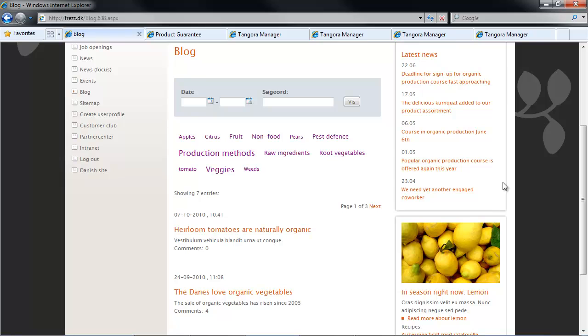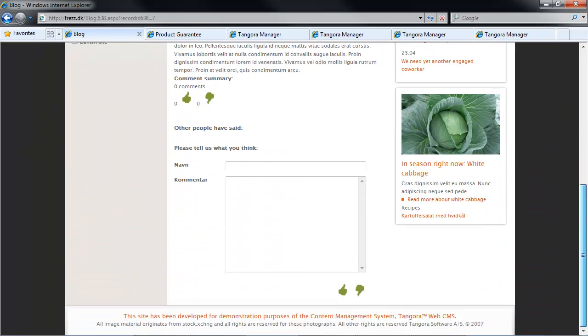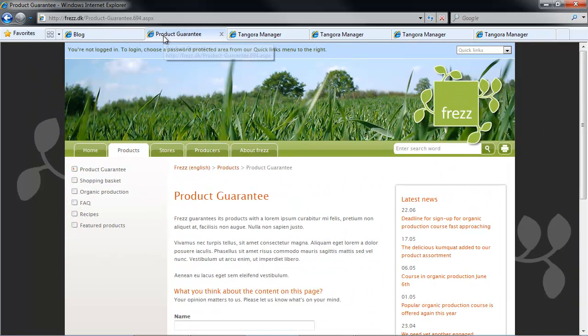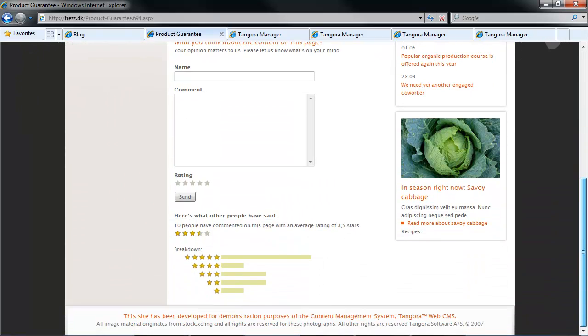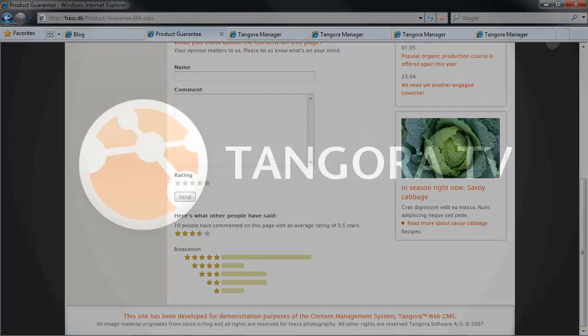So the blog and feedback module gives you a full-fledged blog, replete with categories, tags, and tag clouds, and it gives you much more. It allows you to get feedback on just about anything you open up for your visitors, from blogs to products to pages. You determine what your guests can give their feedback on and how you'll display their feedback.